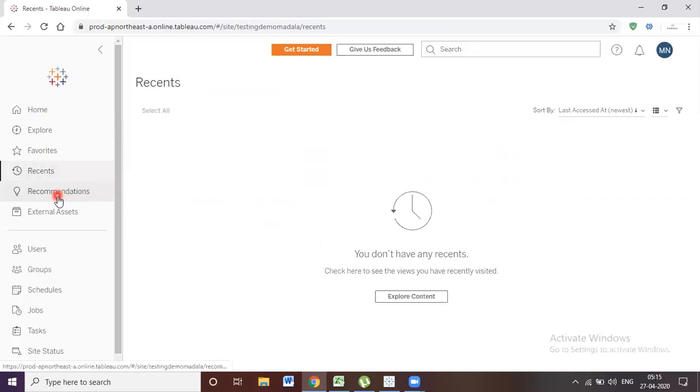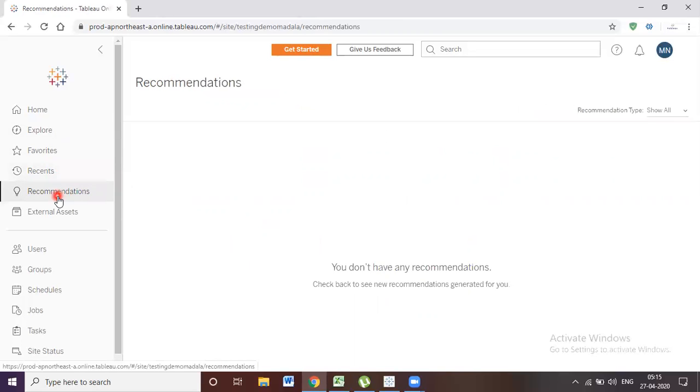And coming to recommendations, for example, we will get some recommendations from your friends. Your friend recommended this one, those kinds of things. In the same way, if the same group of people are viewing similar kinds of reports, then the recommendations will be available here. Someone will recommend something to you, so those kinds of things will be available.